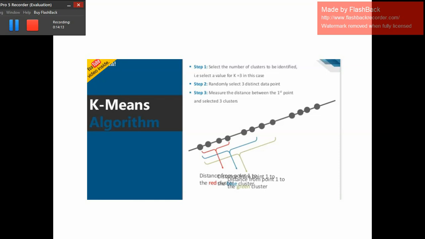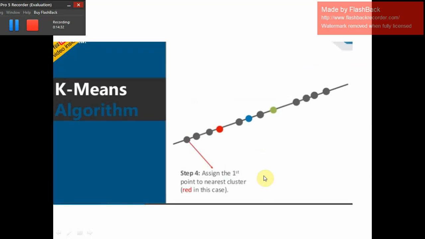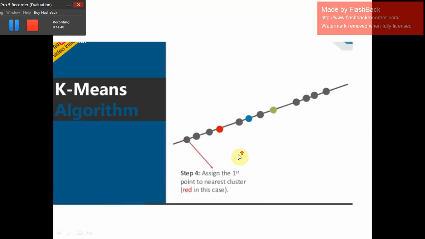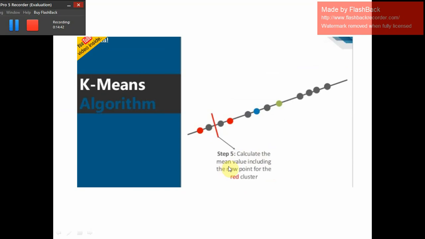Then we measure the distance between the first point and the selected three. Calculate the first one and the second one, and the first one and the third one. This is the point where we try to ascertain and assign the first point to the nearest cluster, red in this case. Afterwards, step 5, calculate the mean value indicating